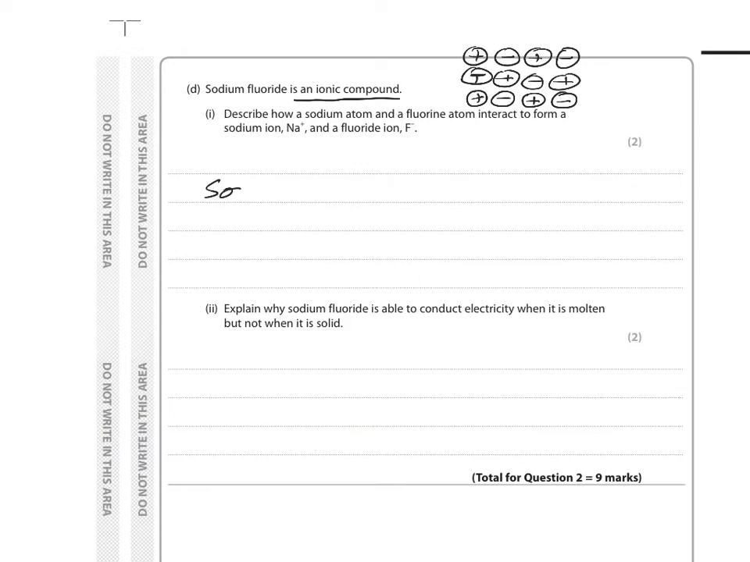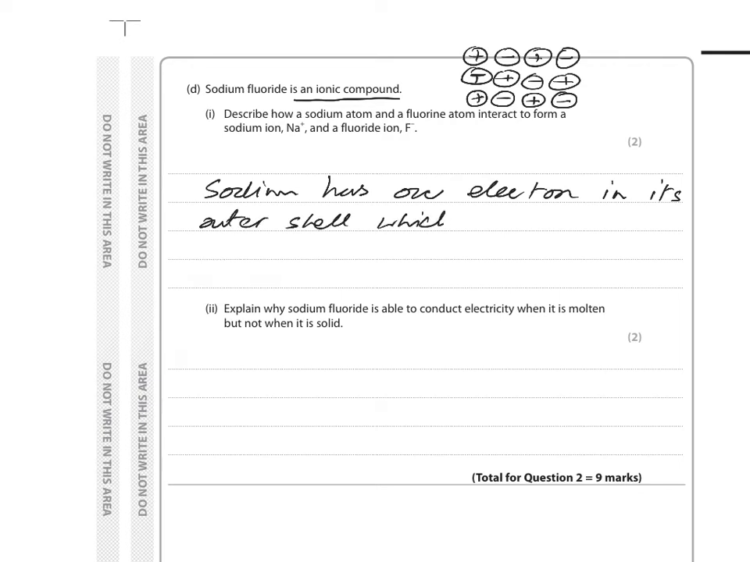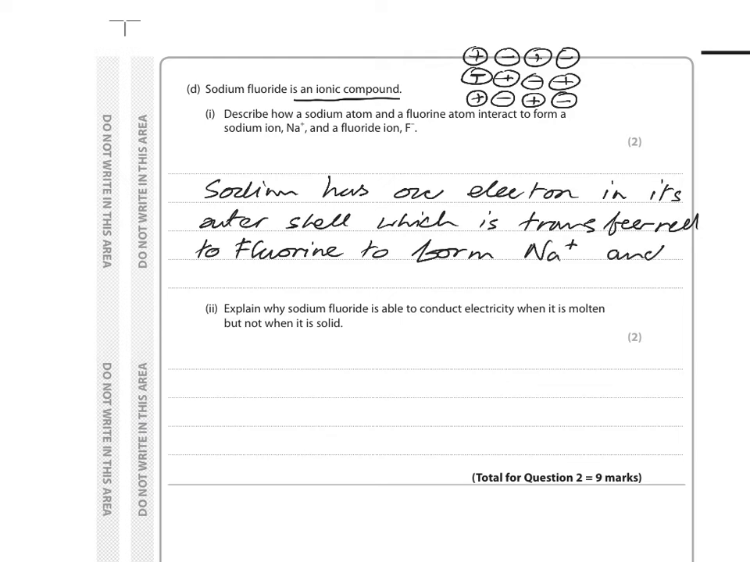So sodium has 1 electron in its outer shell, which is transferred to fluorine to form Na+ and F-, and both of the atoms are stable because they've both got a full